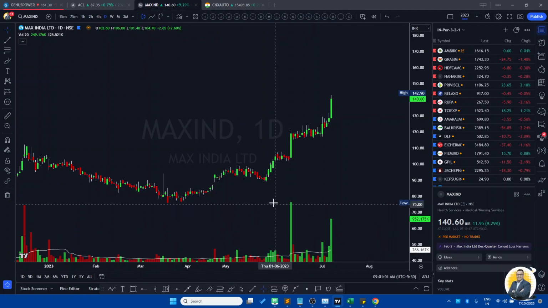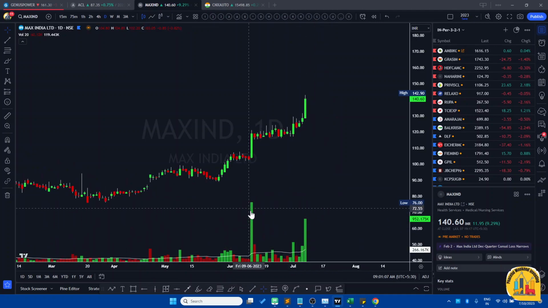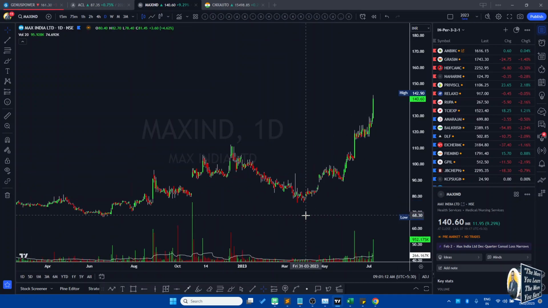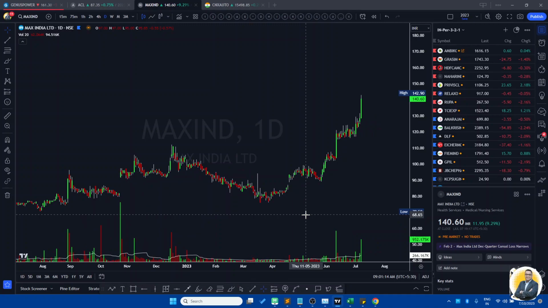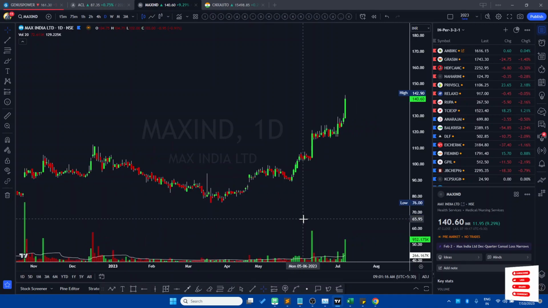And then you have a rise in volume, and then again a pause, and the pause was with very low volume. And then you see the volume pattern which is emerging, which means somebody knows a fundamental story about it. And that's where I get interested. I want to study more about this company. I'm already in a profitable position, and now I don't want to keep looking for new ideas. I want to just study Max India, what's changing.